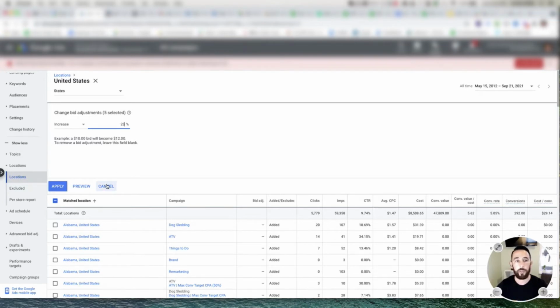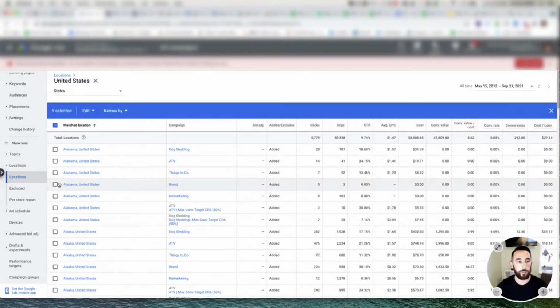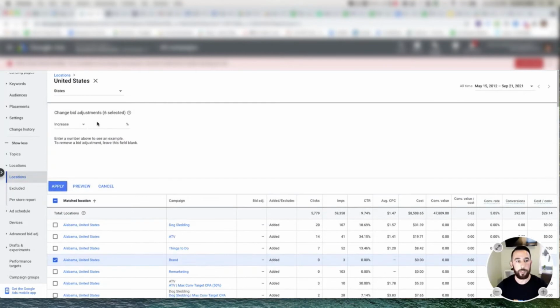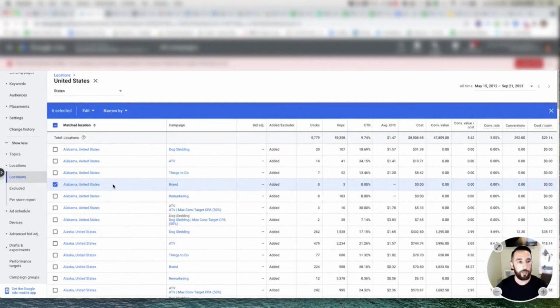Again, with smart bidding, this won't work. The only option you're going to get is to exclude. The way you saw I was able to choose exclude, that is all you're going to get. They'll let you do these, but they'll just completely ignore them, which is even worse because you think you're doing something, you're not doing anything. So just bear that in mind. So locations, that's locations. Pretty simple to do, pretty basic. If you have any questions about that one, let me know, and we'll move on to the other part,